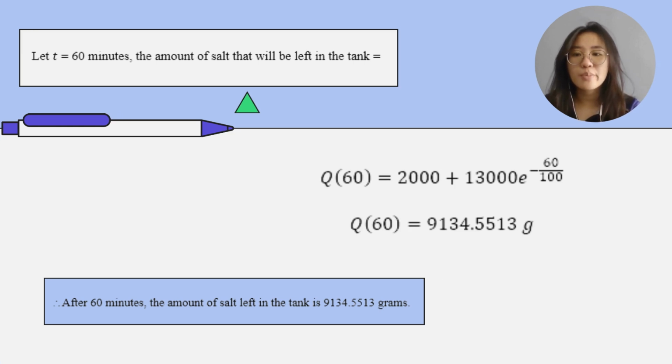Next, we will continue by letting t equal to 60 minutes to find the amount of salt that will be left in the tank. We will substitute the 60 into the t, so we get Q(60) equal to 2000 plus 30,000 e power of negative 60 over 100, and we found that the answer is equal to 9,134.5513 grams. In this case, we can conclude that after 60 minutes, the amount of salt left in the tank